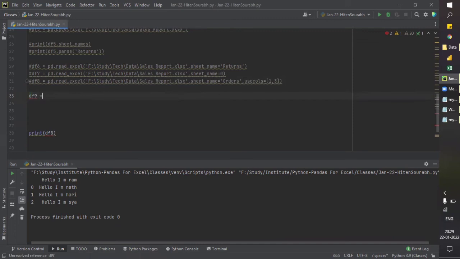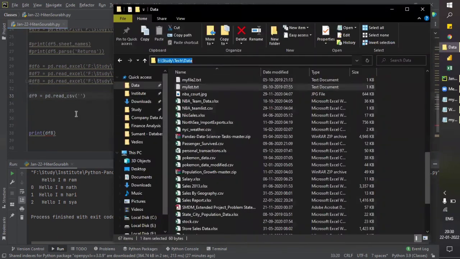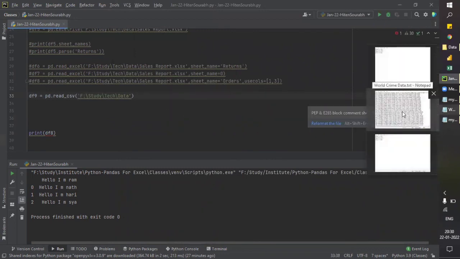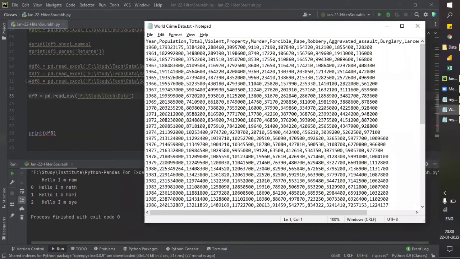So df9 equals pd dot read_csv. The text file will be read by Python with the same code, read underscore CSV. Then start parenthesis, and let me just pick the file. I have one data, this is the world crime data.